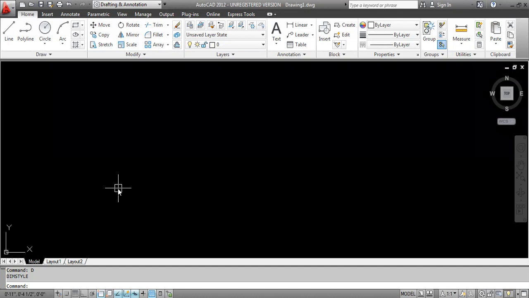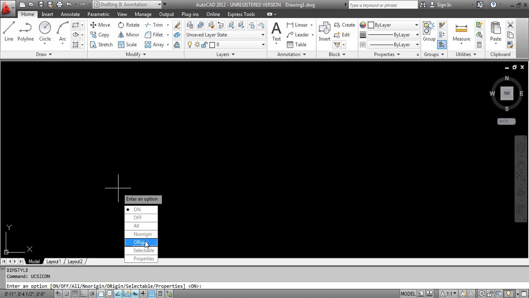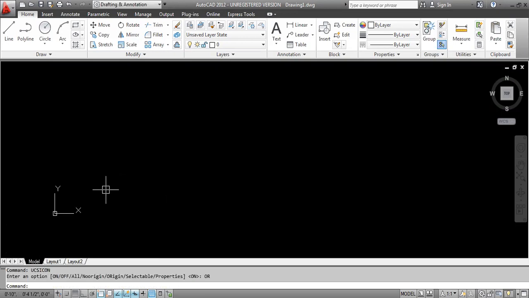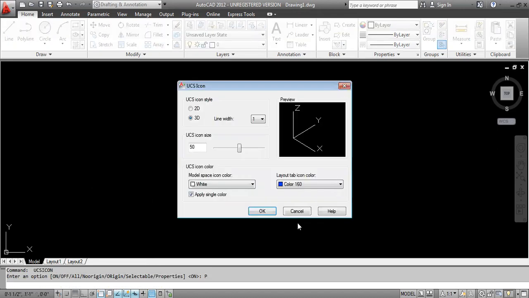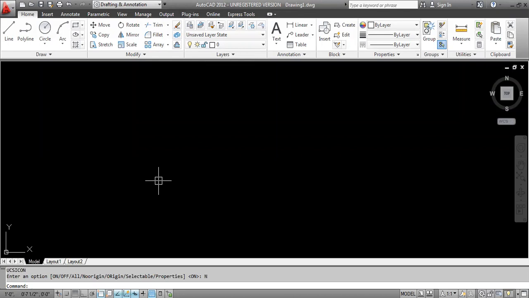Again I am doing UCS icon, on origin. See, it's at the same place.